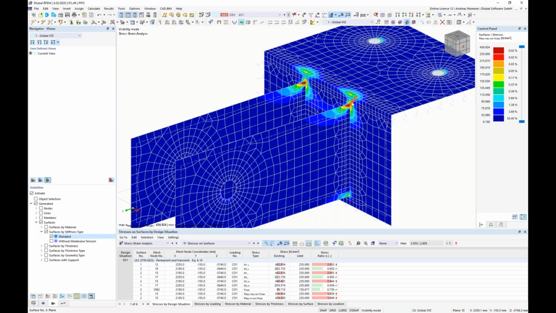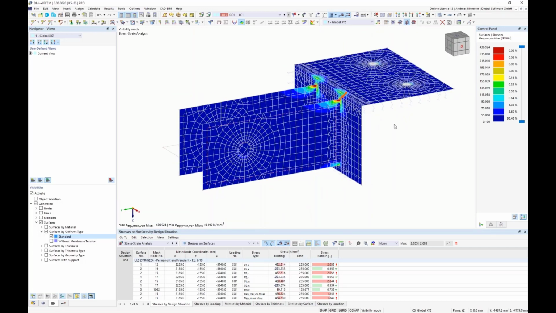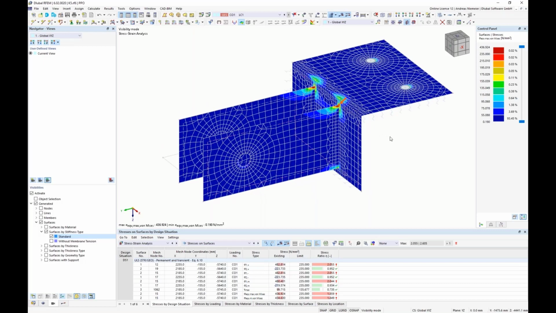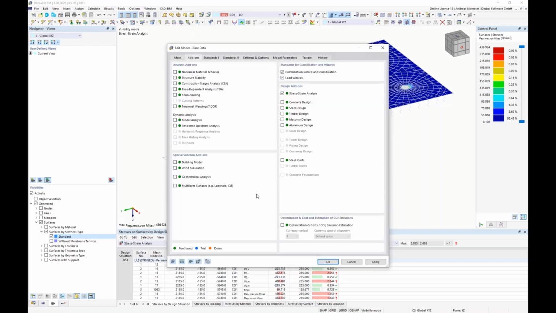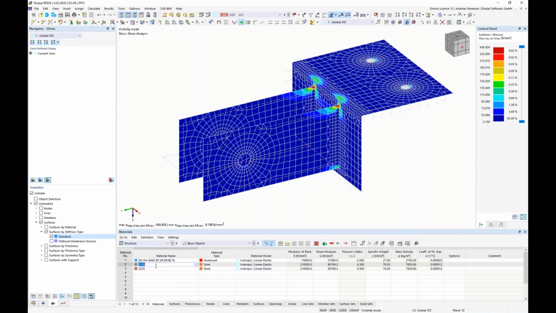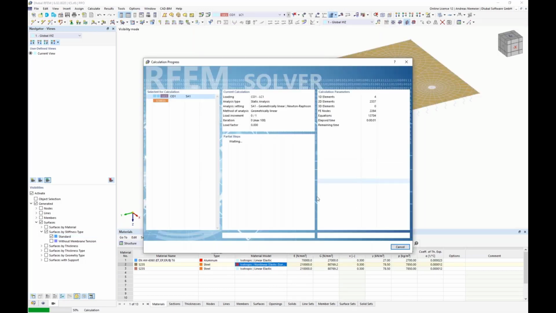How can we remove it? Of course, it's, let's say, a singularity, but in this case, for example, you can use a nonlinear material to use a yielding effect. For this, we activate nonlinear material behavior here and activate it for this material, nonlinear elastic surface solids. And if we rerun the analysis now, you will get